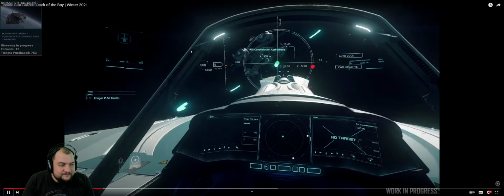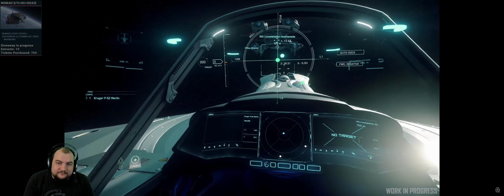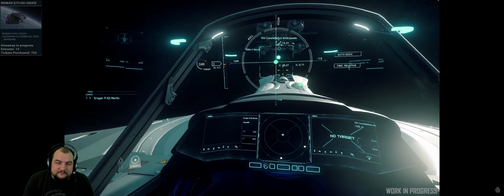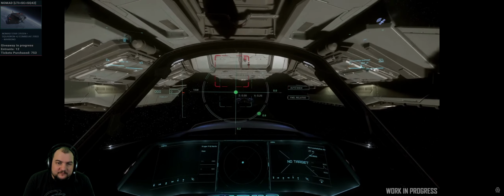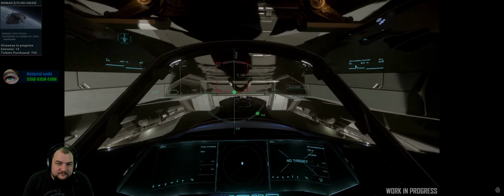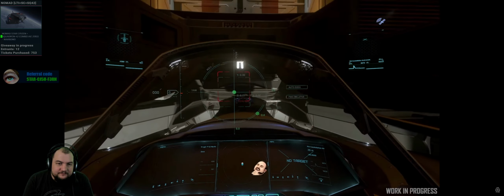And then as you align your Merlin with the back of the Constellation, these dots will line up in the center, and you know that you've aligned your ship. And then there's a little box. As you move your Merlin around relative to the Constellation, this little box moves around, and the goal is to get the box in the center, and that's when you know that you are